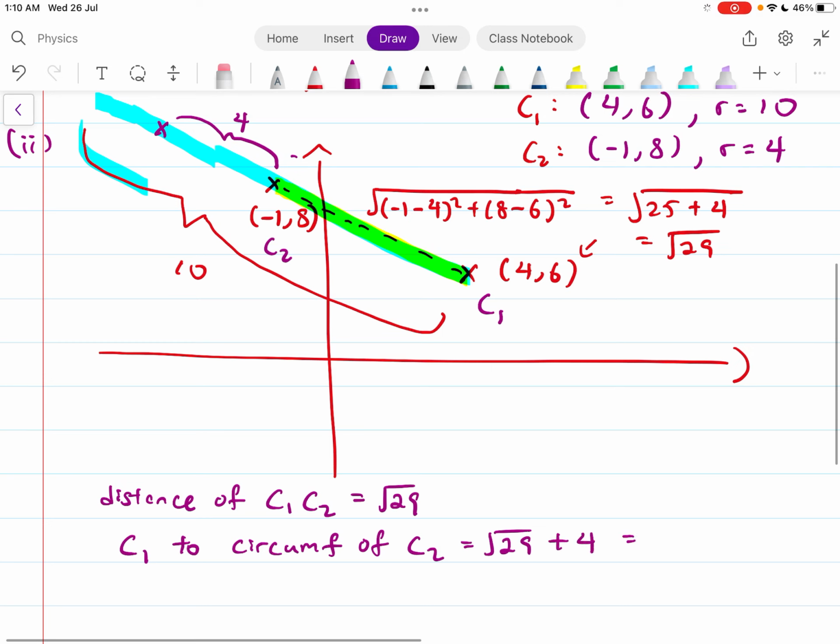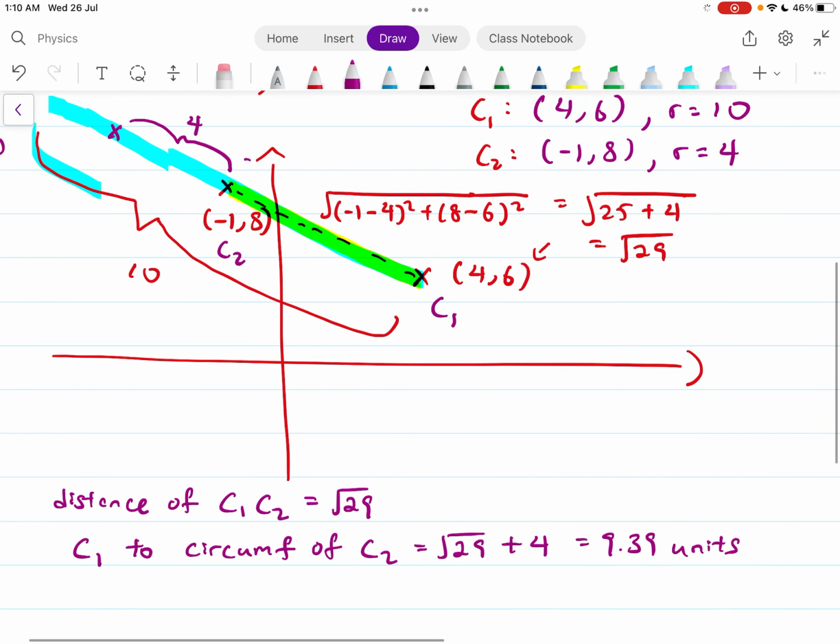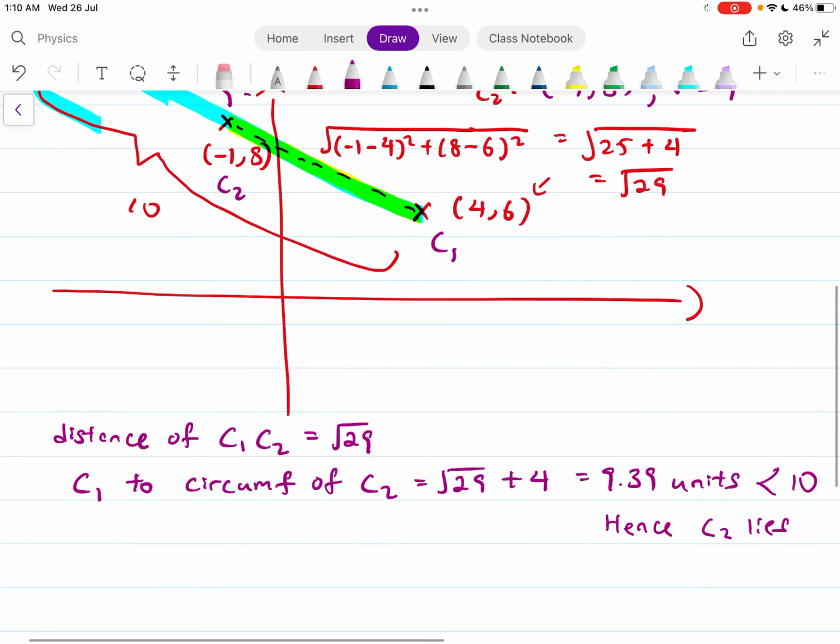This will give you roughly 9.39 units, and this 9.39 units is less than 10. Hence, C2 lies completely inside